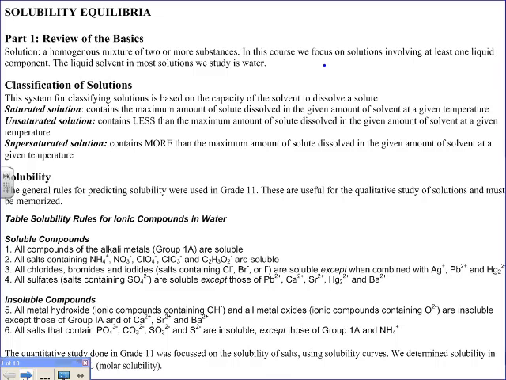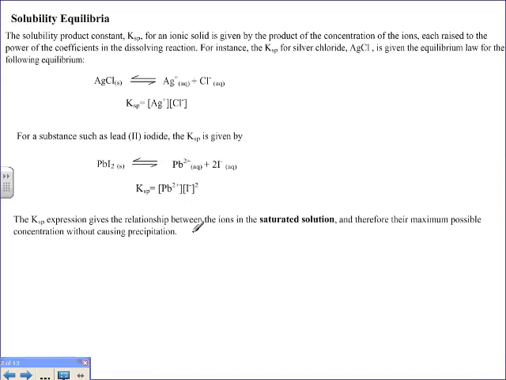Now, when we're looking at a solubility equilibrium, what we are looking at is the salt that we're studying and how it dissolves in water. So this is the opposite of how we would consider reactions in grade 11. In grade 11, we would consider the double displacement reactions that led to the formation of the precipitate. So for example, in this first one, we might have had silver nitrate, which is soluble, reacting with sodium chloride, which is also soluble. And in the double displacement reaction, we produce AgCl, which is our precipitate, and the soluble